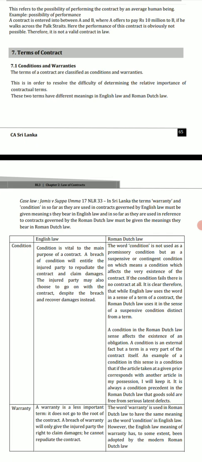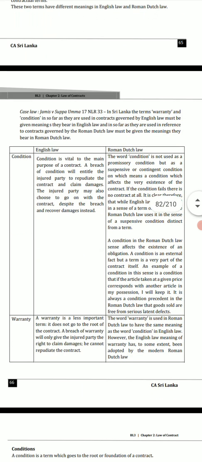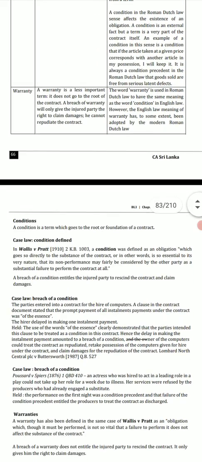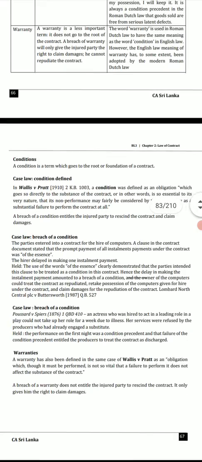But in other countries, there are hardware warranties. They will replace you a brand new laptop or a phone if it has been broken. So it has been categorized: the conditions in English law, the conditions in Roman Dutch law, and warranties as well. So please do read it. So the case for conditions is